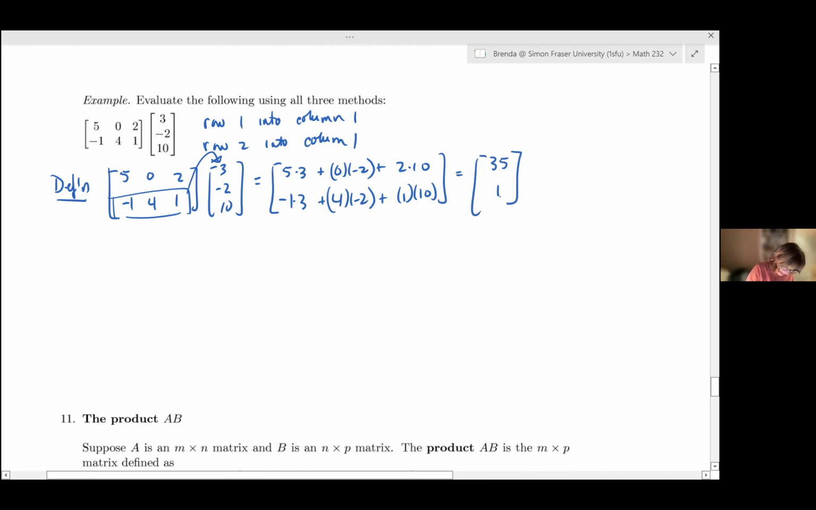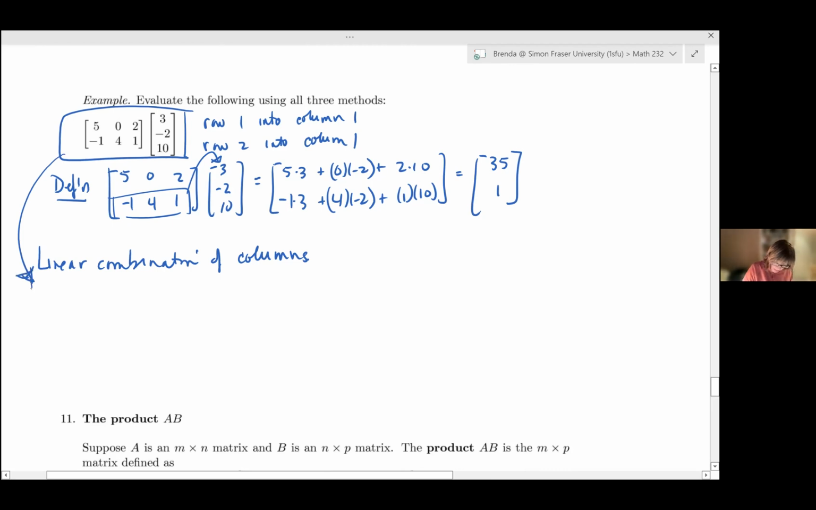Okay, now let me think of it as a linear combination of columns. Then I'm thinking this way. I'm thinking of doing this multiplication with the linear combination of columns idea. I'm taking 3 of the first column, minus 2 of the second column, and 10 of the third column. And I perform this. This is now a linear combination of vectors. We already know how to do this. So I perform that and I get